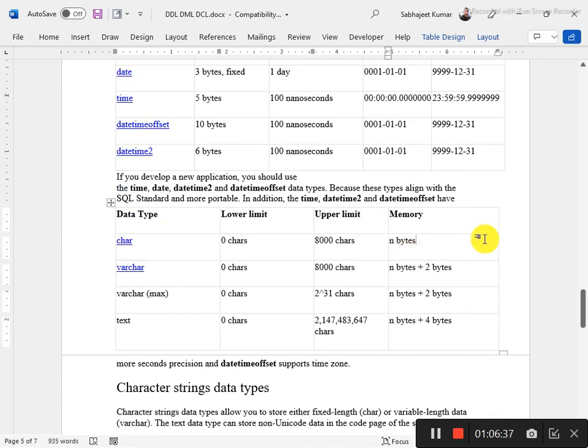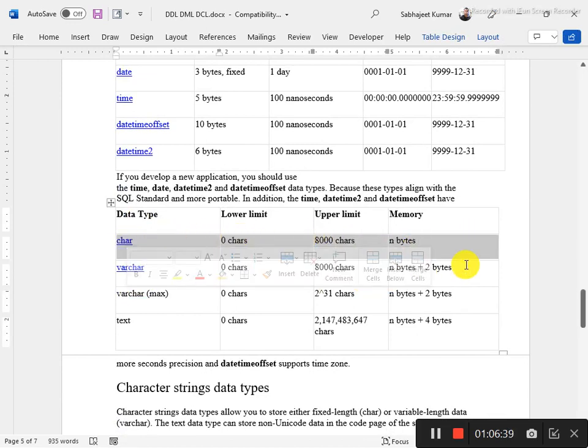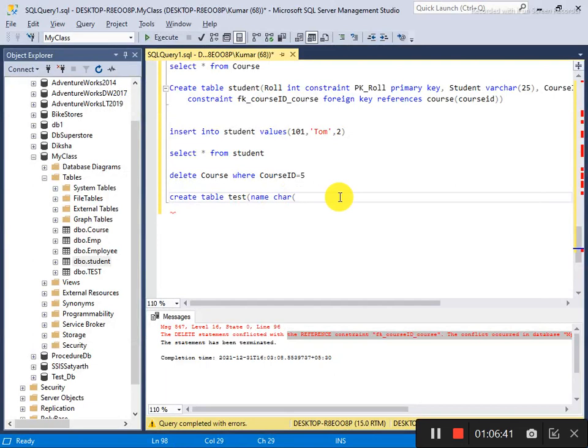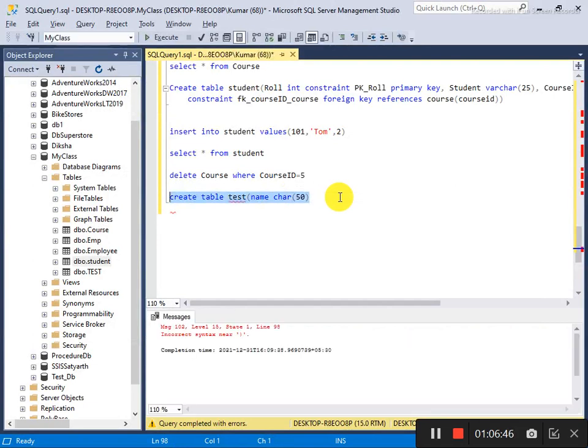Otherwise, if you declare any size, like char 50, it will occupy 50 characters. Okay, so I run this, sorry, bracket missing.